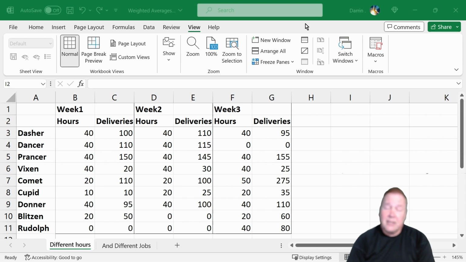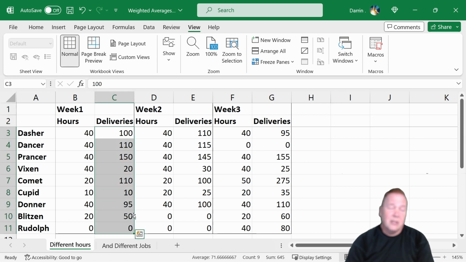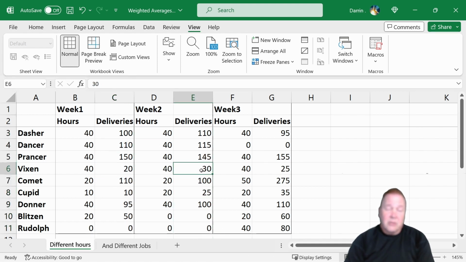Now, if we look at the data, we look at the number of deliveries, and this is the first thing that people are going to look at. And you're going to think, well, Prancer's doing great. Dancer, Comet, they're doing pretty well. And we got a problem with Vixen. Come over here. Yep, still got a problem with Vixen. Got a problem with Cupid now. Prancer's doing great again. Oh, I see. Dancer was out on vacation in week 3,